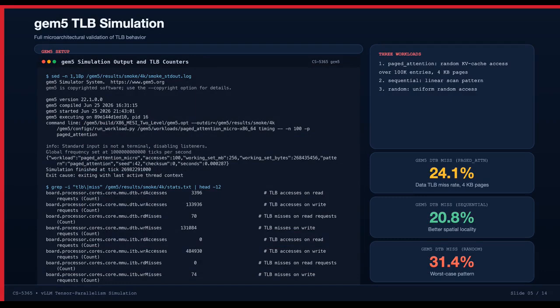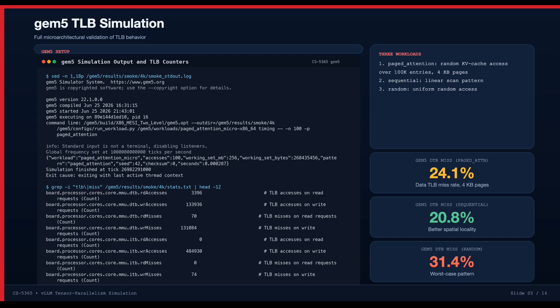So moving on to the gem5 TLB simulation. gem5 independently validates the SimPy findings using microarchitectural simulation at cycle-level detail on an x86 MESI two-level board. The terminal output visible on this slide shows the gem5 simulation running inside a Docker container. The workload is PagedAttention micro executing on the x86-64 timing model with 100 memory accesses and a 256 megabyte working set. I tested 3 workloads, each performing memory accesses with 4 kilobyte pages: PagedAttention, random KV cache